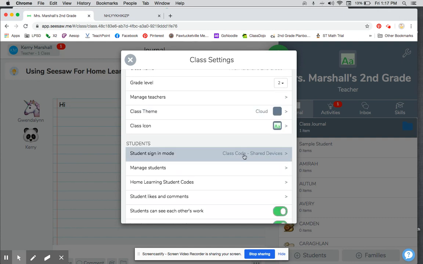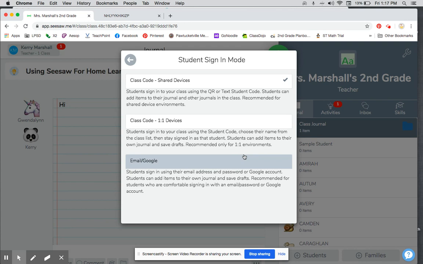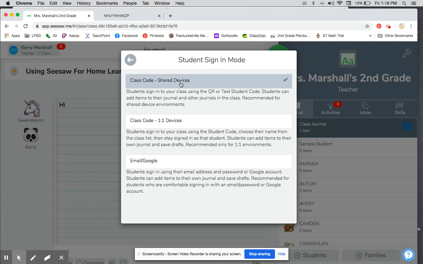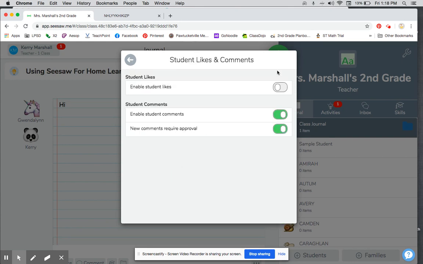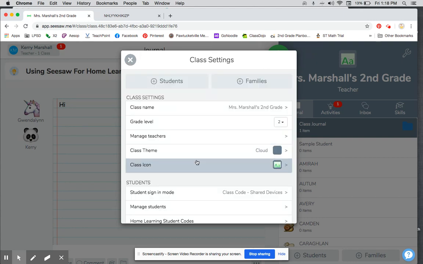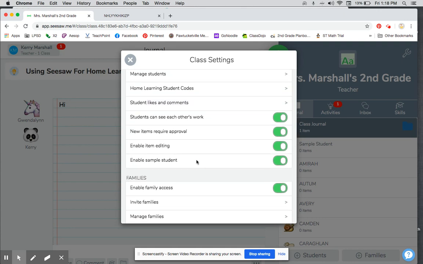The way that the students sign in, I'm doing the class code for shared devices. Just a couple people that I've talked to are doing that. What else? Students likes and comments. I'm disabling it right now. The likes and comments because I don't want that happening, but I also enable student comments, but they need approval is what I'm doing. I don't really know what all these things are yet, but